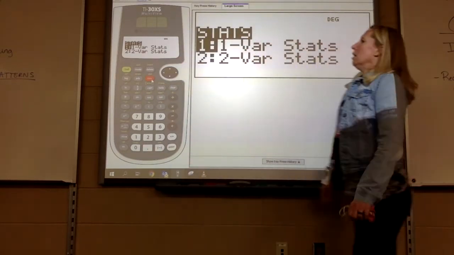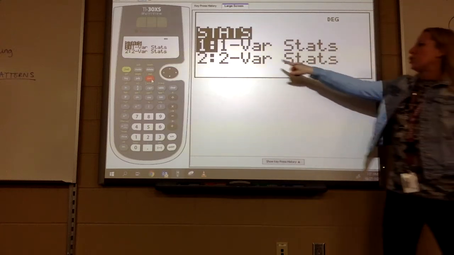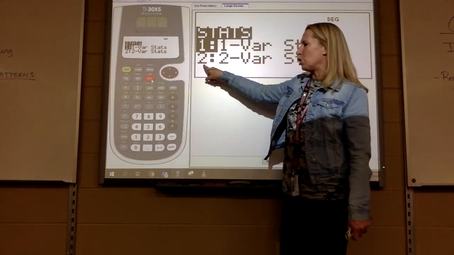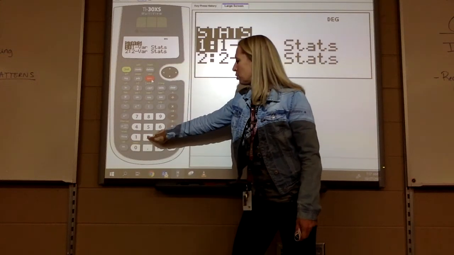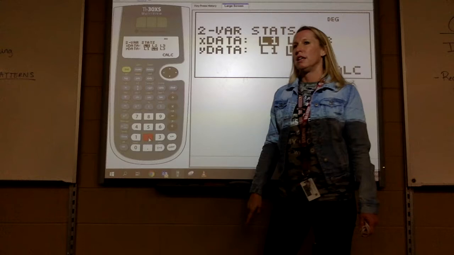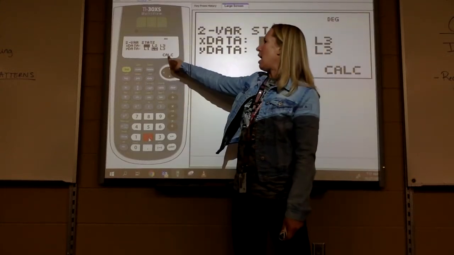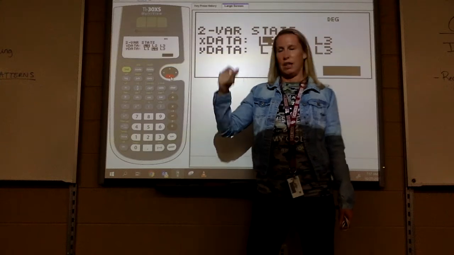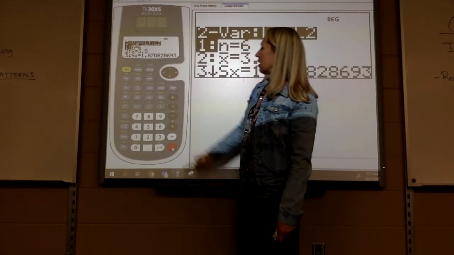Stats. We're going to go to 2 variable stats. So you're going to hit the number 2. You can either tab down or just push the number 2 here. And then we're going to highlight calc. I know this is a lot, but we're going to do it several times and you'll get it. So you're going to highlight calc, hit enter,